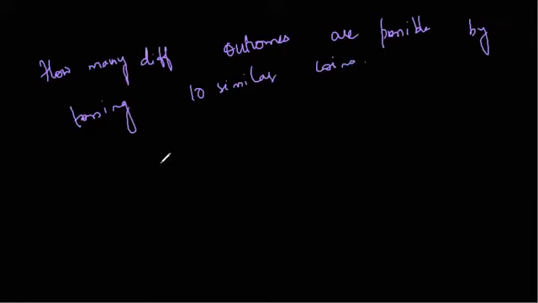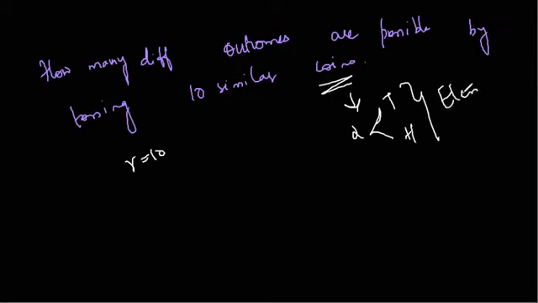Now in this case, if we are tossing 10 similar coins, is the number 10 r or n? When we are tossing the coins, we are taking r as 10. Why? Because in the case of combinations with repetition, r is the number of selections, and what are the elements in the set? For a coin, you get 2 outcomes, either tails or heads. So this tail or head is the element in the set.